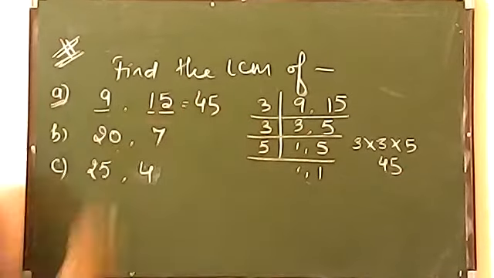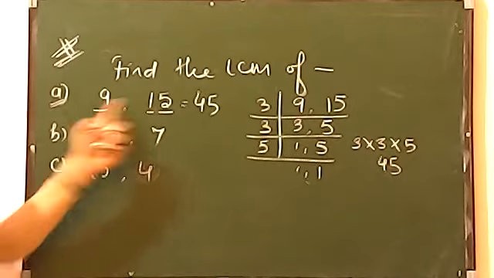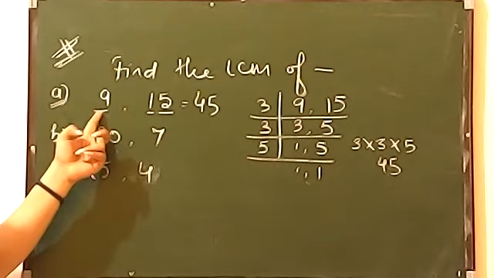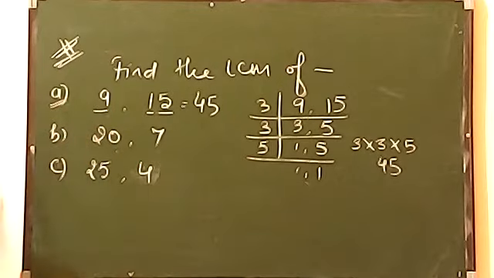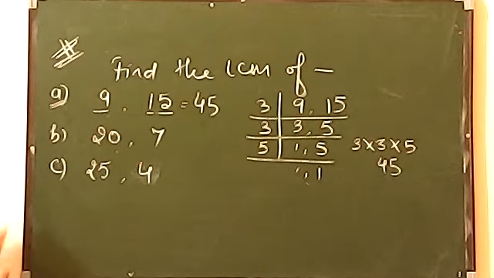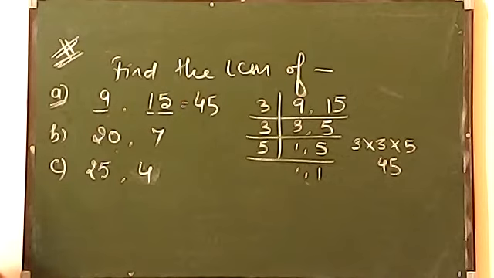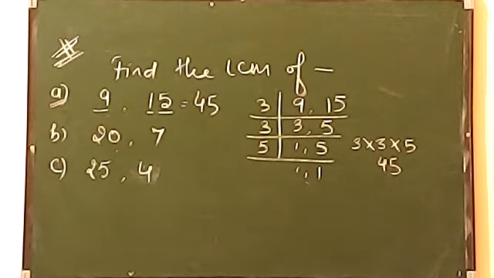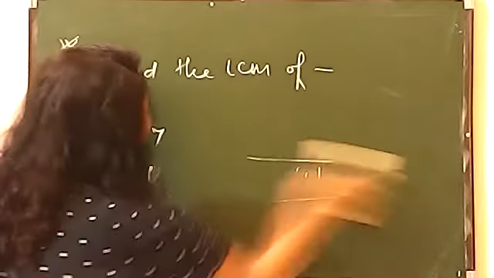45 is coming. And you know their LCM is coming 45, but their product is 15 into 9, 135. It means it is not giving you the LCM as their product. Why is it not giving you, beta? Because they were not co-prime. Because the condition which I told you is only true for co-prime numbers. So let me rub this question because this was not a co-prime number. So I am rubbing this.